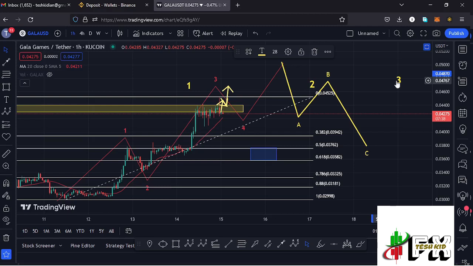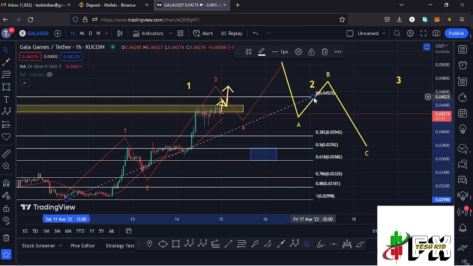so we need to be a little bit patient, continue watching how the chart continues to unfold until we find that final confirmation that we have peaked in the formation of that wave 1, and then we can expect our corrective structure in the formation of that wave 2. So that is what we can expect here on the short-term scenarios.